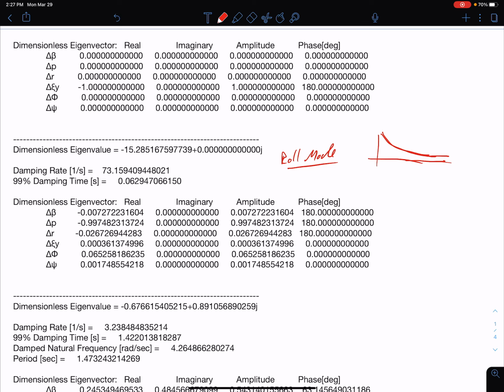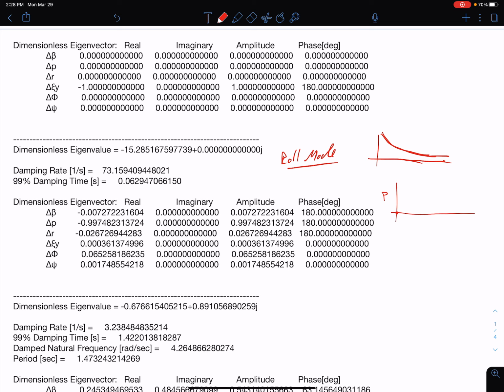So let's say that we're flying along in steady level flight, and we deflect the aileron to maybe 5 or 10 degrees instantaneously. So we put in a step change in aileron, and then hold the aileron at that deflection. Then that's how we would actually measure this roll mode. And what happens is if we look at our roll rate, so this is P, we would start at 0. So at time t equals 0, we don't have any rolling rate.